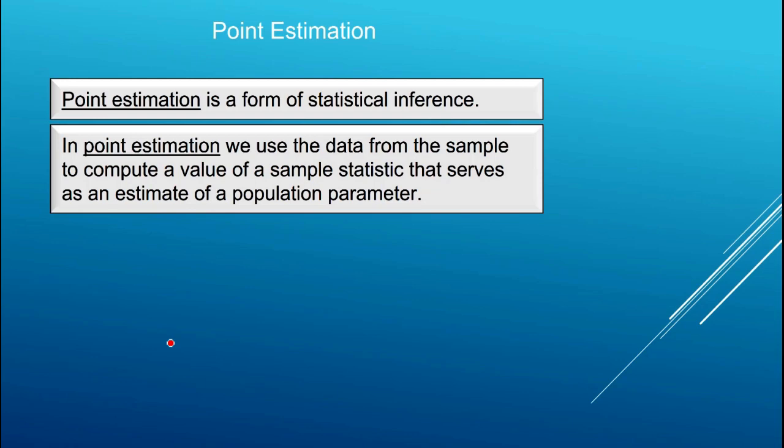But when we pull a sample and we calculate a point estimate from the sample, which is our best guess at the population parameter, every time we pull a different sample, we're going to get a slightly different answer, which implies that our point estimate is in fact a random variable. And we really want to be concerned with the sampling distribution of this random variable, which is a point estimator,